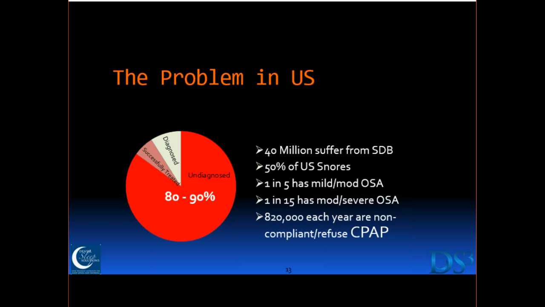Look at the numbers here. One in five of your adult patients has at least mild apnea. So if you have a full day of hygiene patients that are adults, at least one of them has apnea. And look, the red part here is the people who don't know they have it. And even among the diagnosed, there's a big chunk of those that aren't treated.